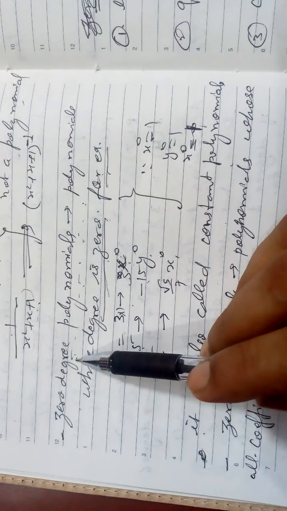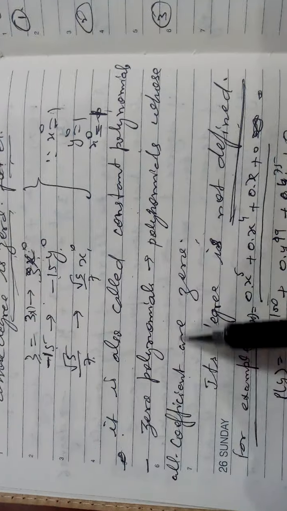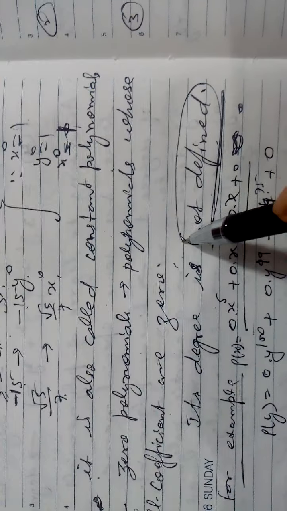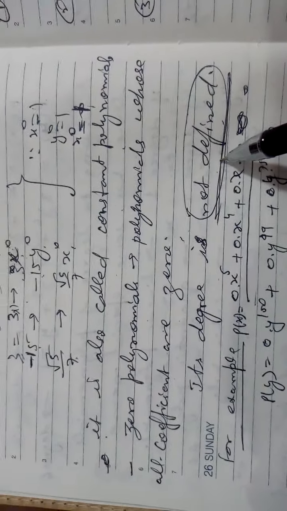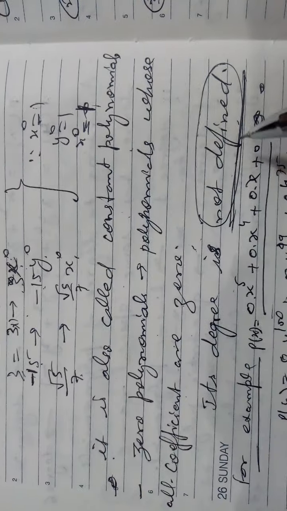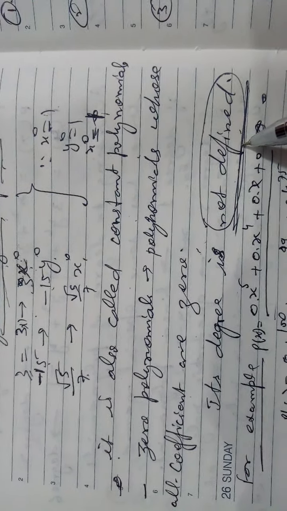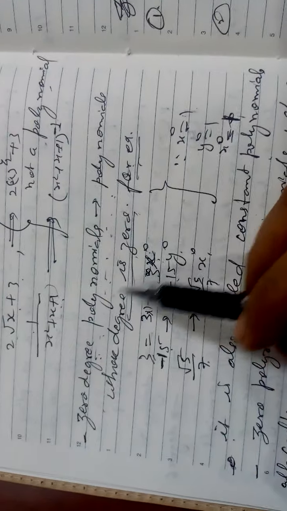One I am telling 0 degree polynomial, one I am telling 0 polynomial. 0 polynomial means a polynomial whose all the coefficients are 0, its degree is not defined. It is very important. In the examination MCQ you will get a question based on it. What is the degree of 0 polynomial? Not defined. And if the question is given, what is the degree of 0 degree polynomial, then that will be 0. If the word degree is not written, then not defined.